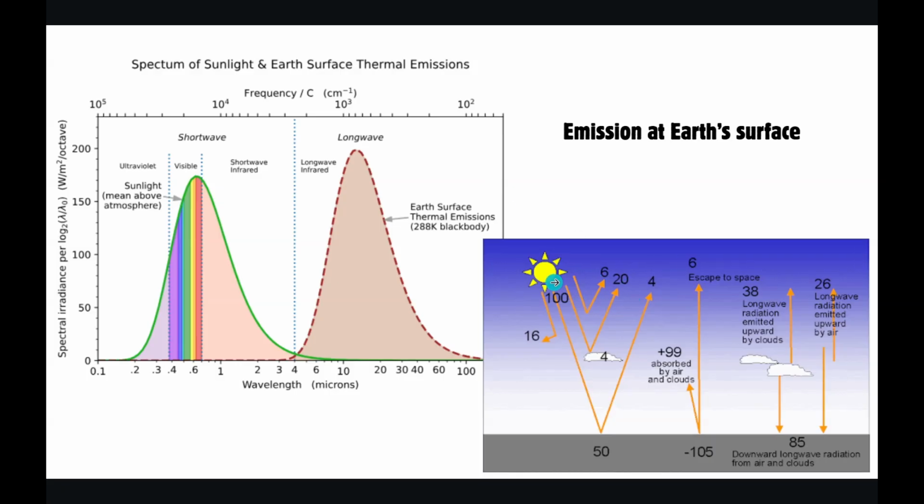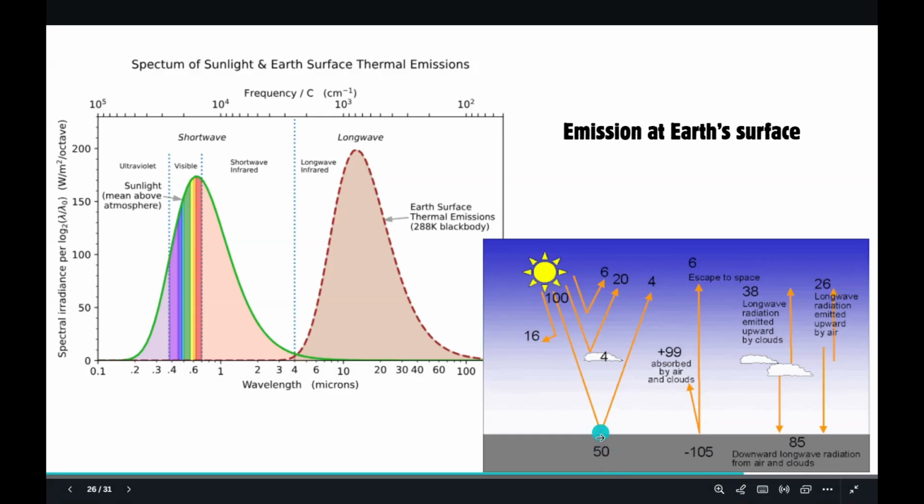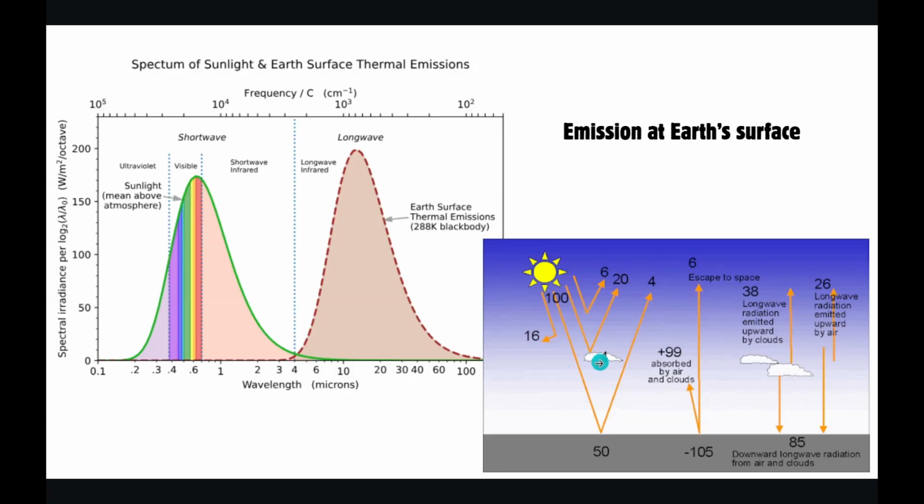So here you are looking at the emissions at Earth's surface. You have 100% radiation that is coming from sun. Let's say 100% is coming. So 16% of it is getting scattered within the atmosphere. Okay, and then 50% of it is absorbed by the planet's surface. 4% of it is getting again scattered by the clouds, and then that 4% that gets scattered and absorbed by the clouds and other components in the atmosphere gets converted into a higher energy.